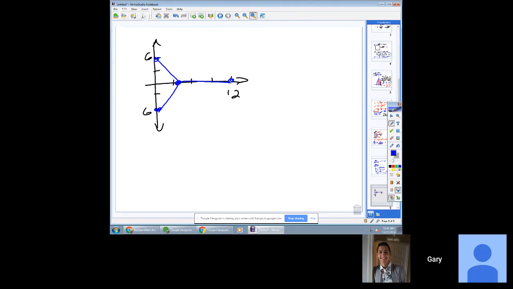Let's see, 12 minus 3.5 is going to be what, 8.5? Is that right? So this length right here is 8.5. And the other ones were the square root of 36 plus x squared, and x was the square root of 12. So that's going to be 36 plus 12, the square root of 48. 48 is what, 16 times 3? So that would be 4 square roots of 3, I believe, which is approximately